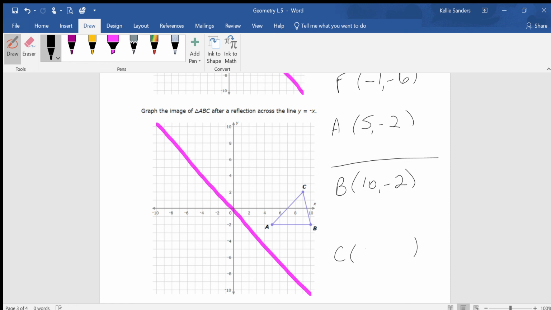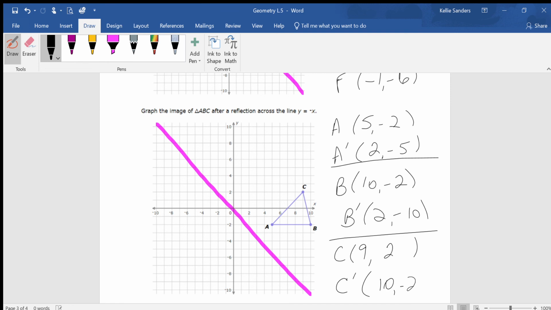C is at 9, 2. So A prime is going to be at 2, -5. B prime is going to be at 2, -10. And C prime is going to be at -2, -9. So 2, -5, 2, -10,